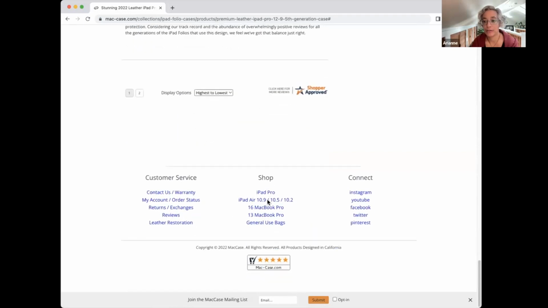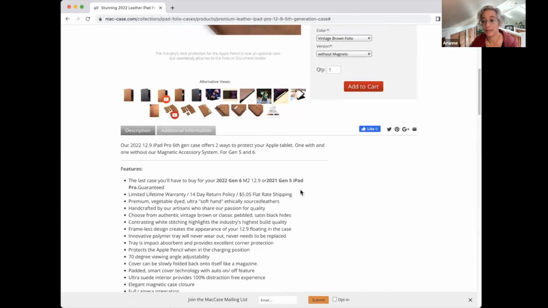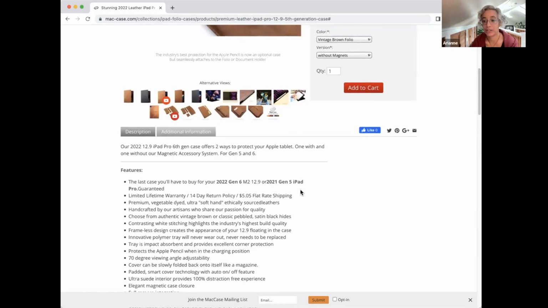Or sometimes we will use illustrated icons to call out 3 or 4 really cool things about the product, just because people aren't going to sit there and read all that text unless they're pretty sure this is the iPad case that they want. Yeah, like product icons. If you have something consistent throughout all your products, maybe they all use a similar icon that they can see consistently throughout.